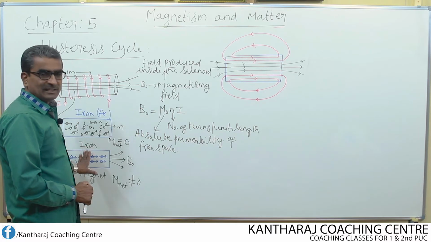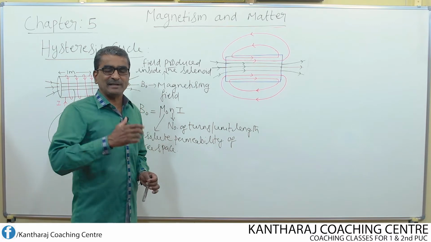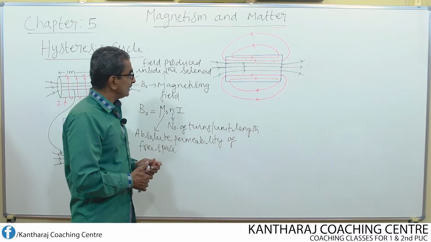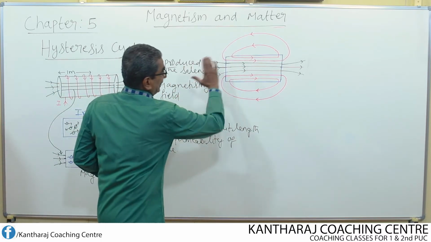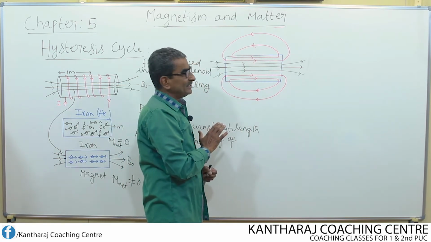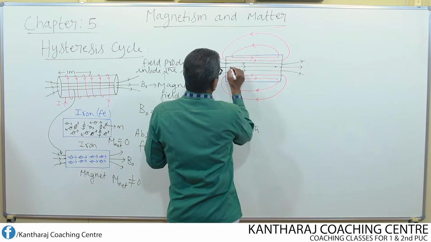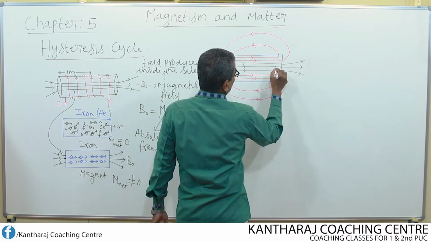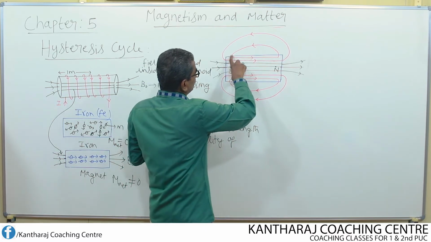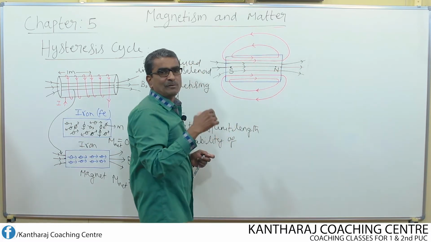Now this material starts behaving like a magnet. That means once it gets magnetized, it possesses its own magnetism and also the intensity of magnetization. Now let us consider the next figure here. This shows that the specimen, once it gets magnetized, starts behaving like a magnet with two poles. One pole may be here and another pole here. Say for example, if this behaves as a north pole, this behaves as a south pole. So now the specimen possesses its own magnetic field due to magnetization.